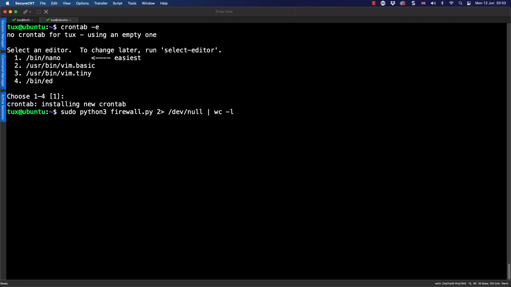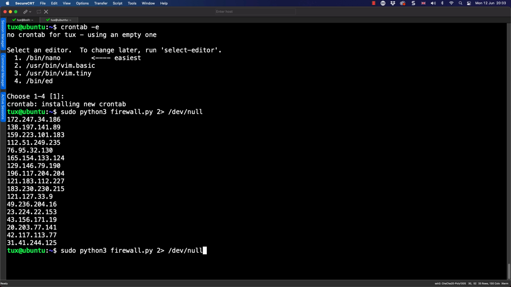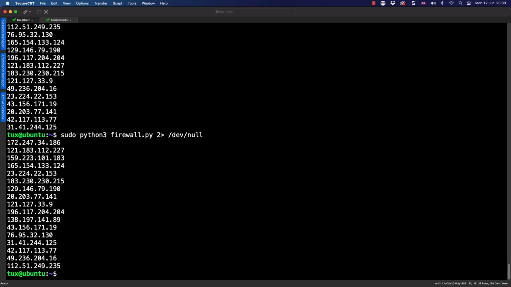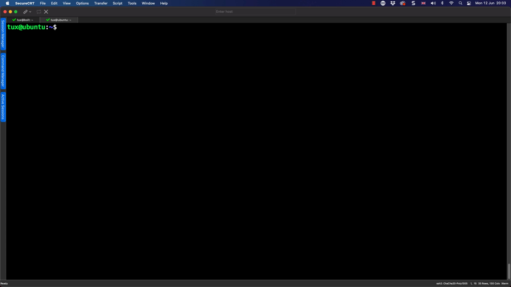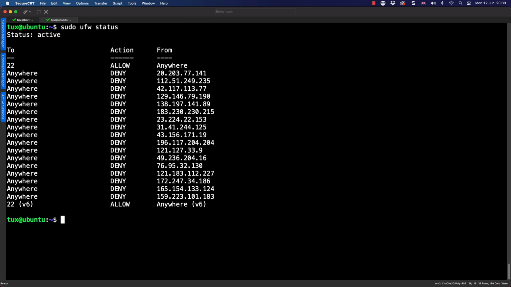But as I say, we are happy for this to run on a regular basis because I can run the script many times and it's not going to affect the firewall, only adding in the new IP addresses that appear in my log. So it doesn't matter how often I run this. I say I'm running this hourly, but if we wanted a shorter interval, we could easily then go through and set that through to something like 30 minutes or 15 minutes. But you can see it doesn't matter how often I run the script, my firewall then remains consistent with just the IP addresses and not duplicate addresses that I've added in.